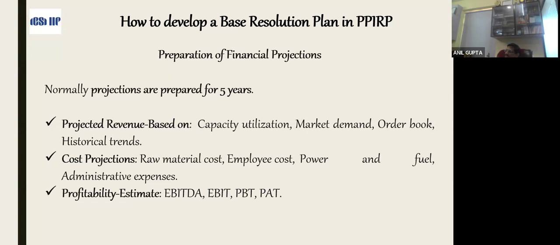Once you are familiarized with the preparation of a base resolution plan, restructuring of the loan is a cakewalk for you. And once you develop the skills in the base resolution plan, simultaneously you can start the consultancy work for restructuring of loans also. For this, I have developed, I have